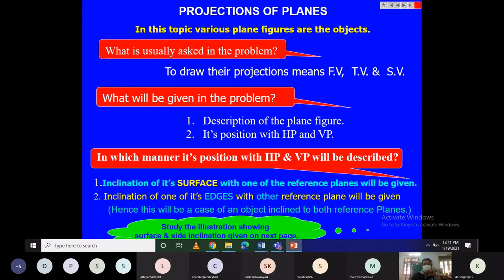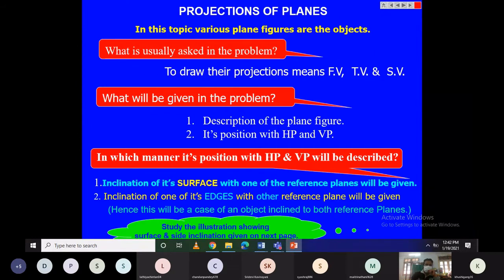Basically, this position can be given in two different ways, either with respect to the surface or with respect to the edges. They will give the reference information. That means, see, if it is a square, the square contains a surface also. That surface can be inclined with respect to the horizontal or vertical plane. That is also possible. And second is the related edges, that rectangle or square containing 4 edges. So the location of those 4 edges may also be provided in the statement. So there are two different ways through which information can be put in the statement. So don't worry about all that.